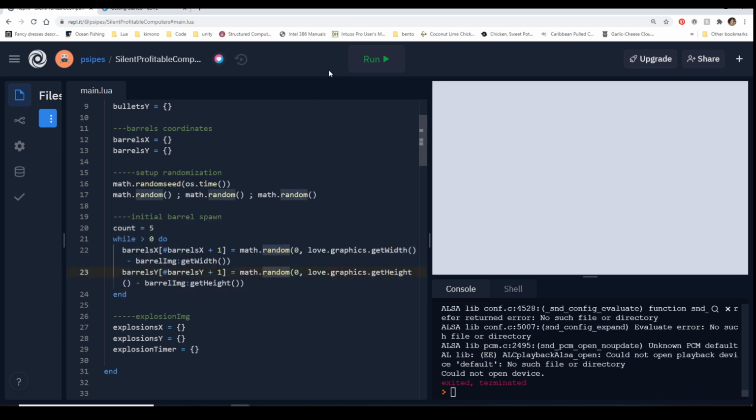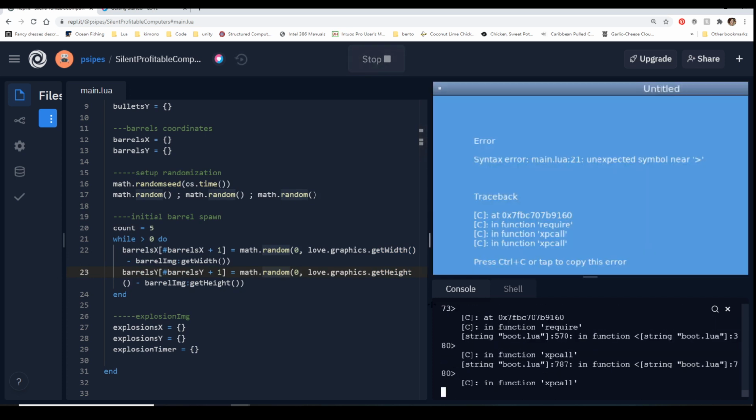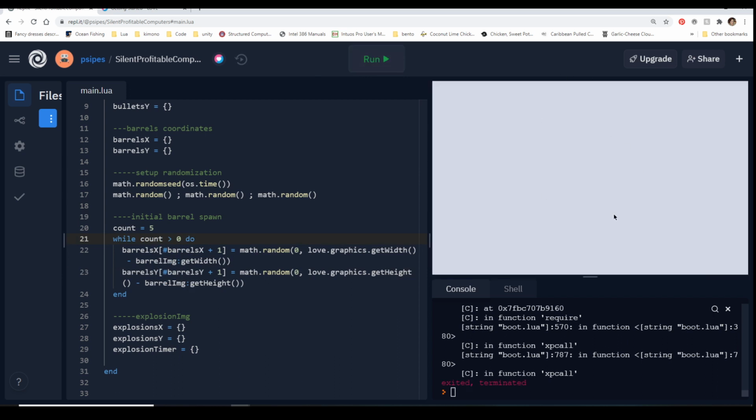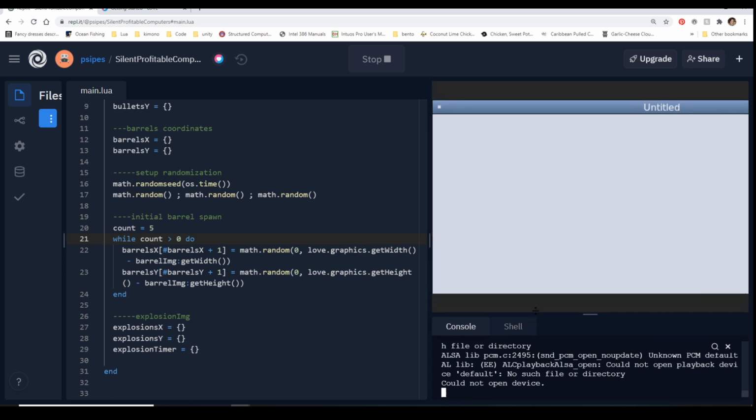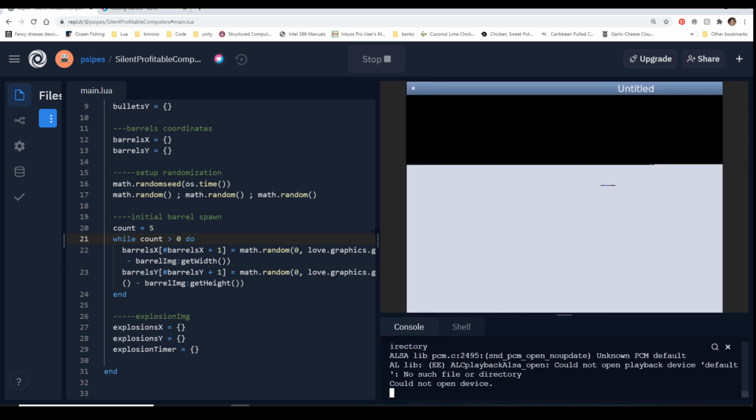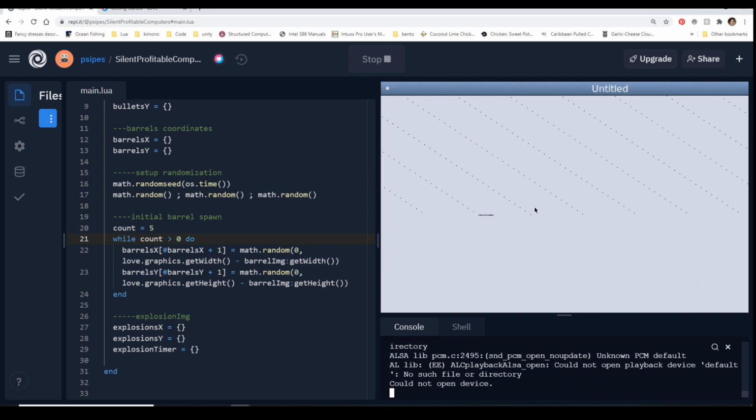So now, when we press run, unexpected symbol near. Oh, it helps if you add the variable in. In REPL, the blue screen is much, much more helpful than whatever it's doing down there. Okay, we're gonna actually. Ooh, that's fun. I've never seen that. Okay, so the reason why this is happening.